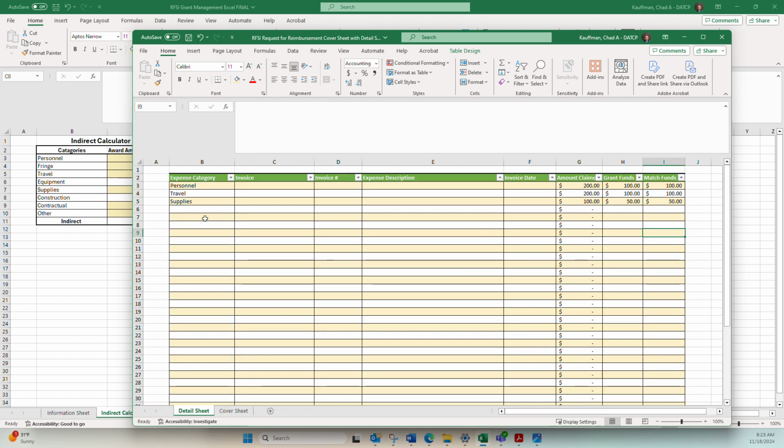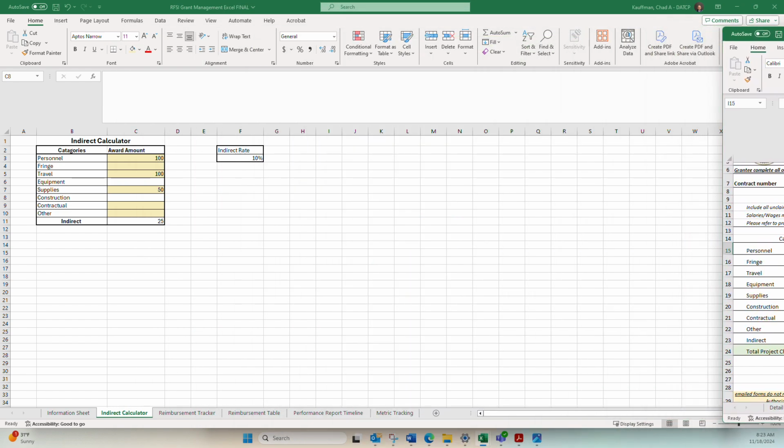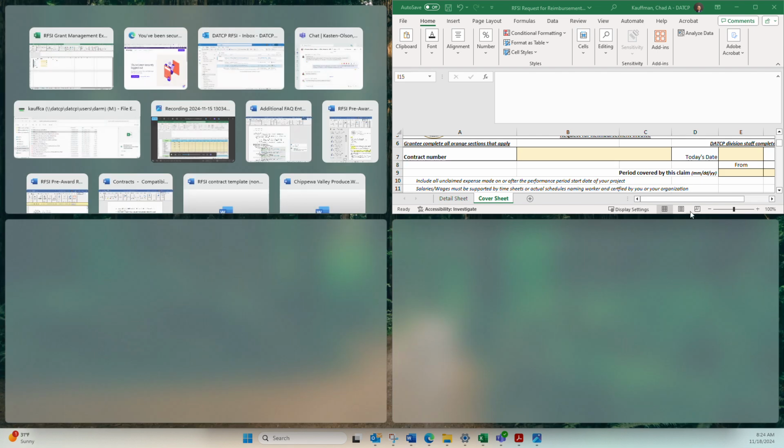So go into the detail sheet, indirect, and then we're going to say it is an even split of 50-50. And for this reimbursement, we are using an even split for all of the expenses there of 50-50, just for an example. So we'll do that. There we go. And it should, yep, pull from right here. So now that we have our reimbursement,